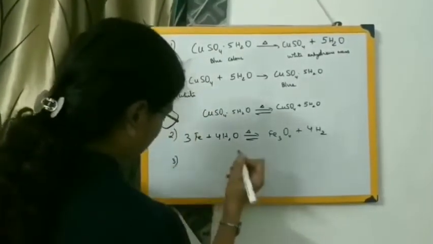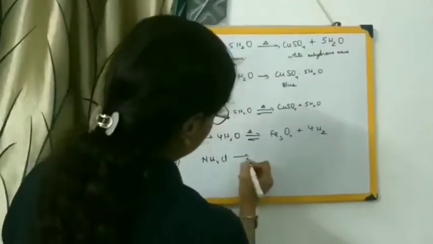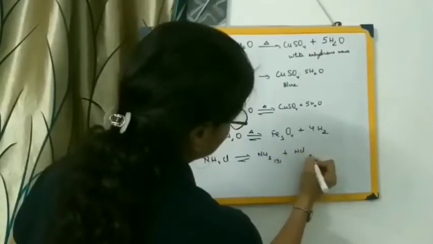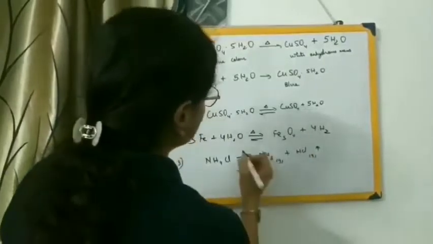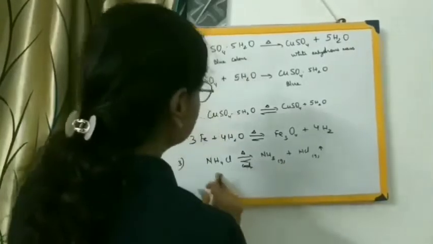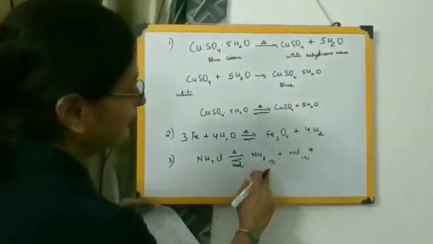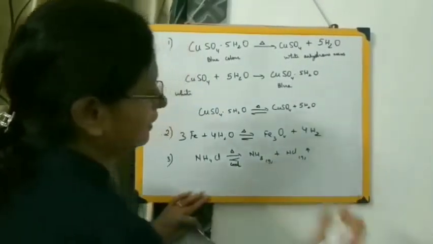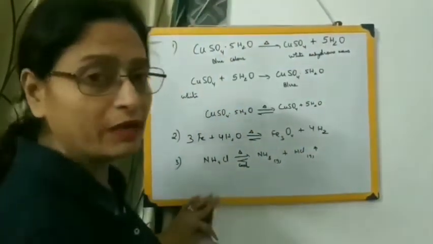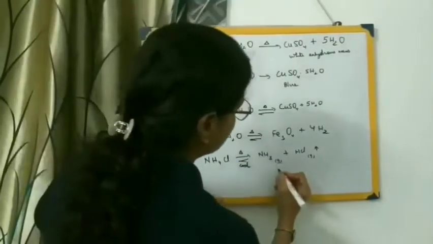Next, a similar type of reaction, that is ammonium chloride. We are heating it and what does it form? That is ammonia in the gaseous state plus hydrogen chloride again in the gaseous state. This is by heating, and the reverse is on cooling. So what happens over here? Ammonium chloride, when heated, forms two gases, ammonia and hydrogen chloride. These two gases condense on the cooler parts of the test tube to form ammonium chloride back. So we are getting our original compound back.